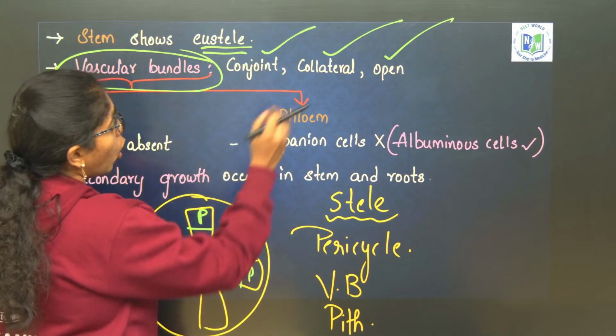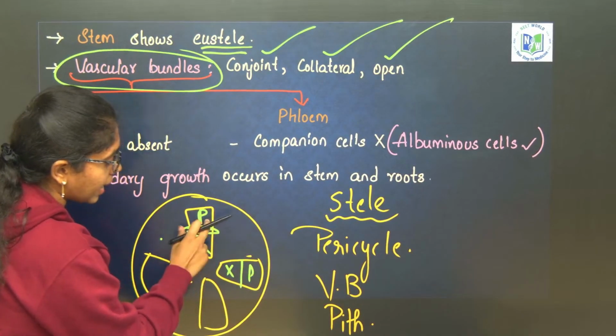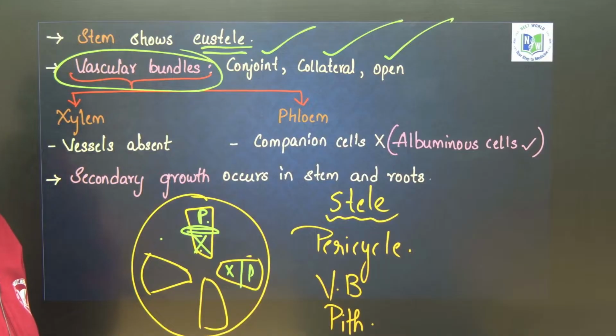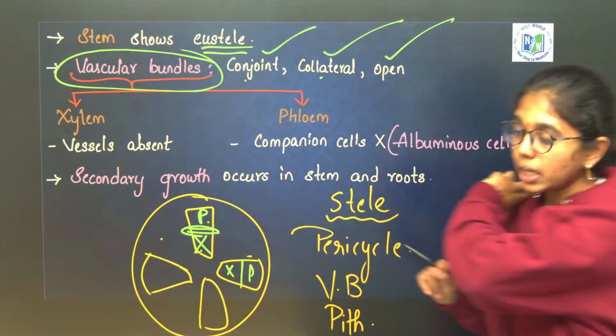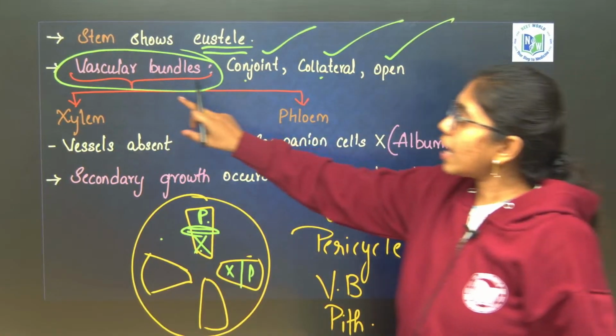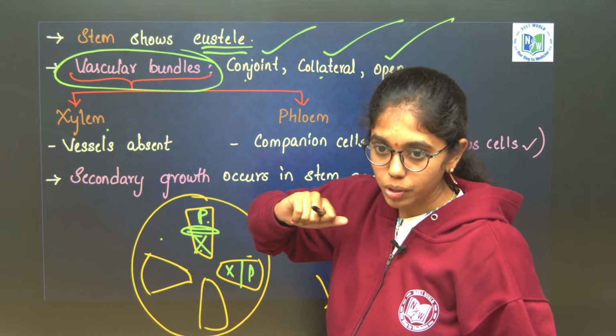And open type of vascular bundles means there is a cambium present in between xylem and phloem, that is called an open type of vascular bundle. Clear with the terms conjoint, collateral and open? Clear, right? Next. So, vascular bundles, if you see in xylem, usually in the advanced plants like Angiosperms, xylem will